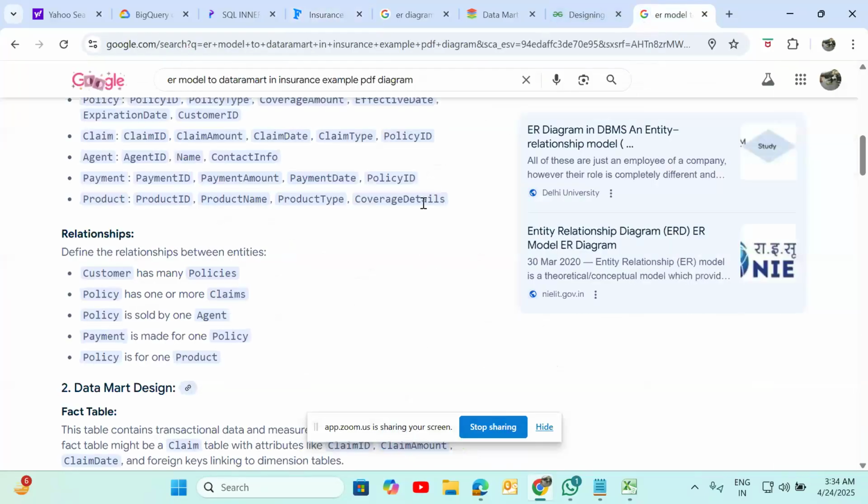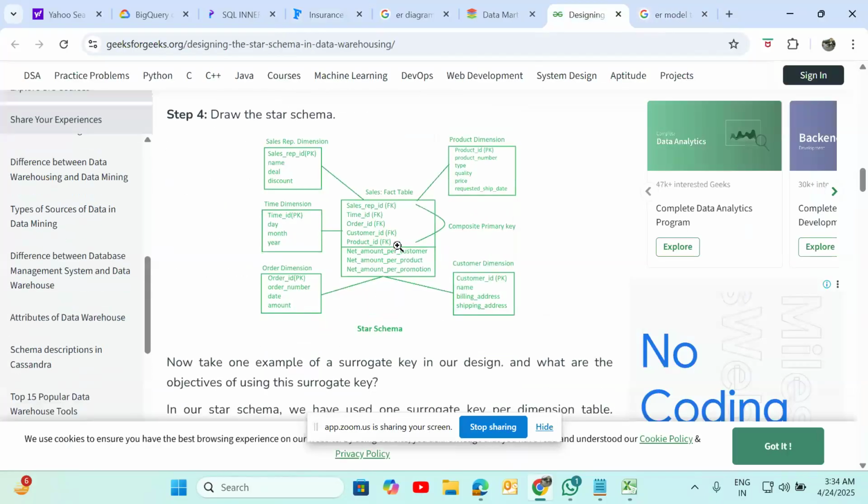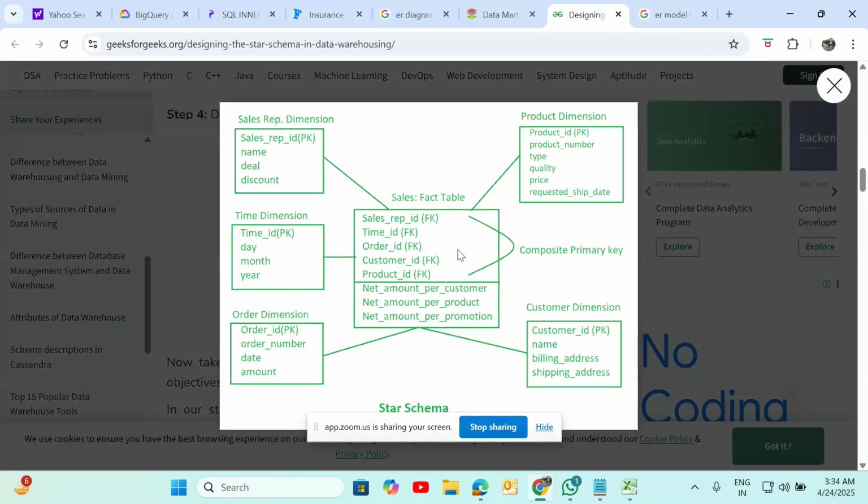I will show you how the diagram looks. This is the fact table, and these are the dimension tables I told you about. Sales representation ID is a foreign key here, and here is a primary key. This is my sales representation dimension. This is my product dimension; you can consider the product as the insurance type. This is a simple diagram. Time dimension, time ID. Each dimension table has a primary key and links with a foreign key to the fact table.